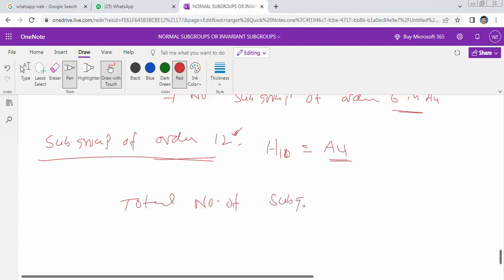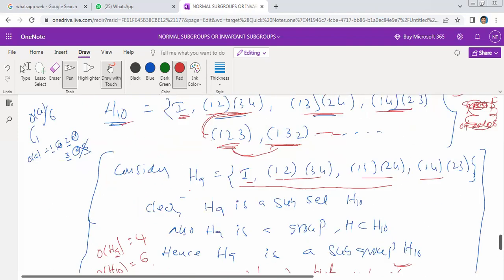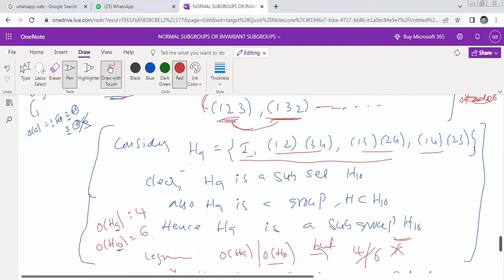subgroups of a group A4 ఎన్నైనాయండి, total ఎన్నైతుందో చెప్పండి. H10 total is 10. Total number of subgroups of a group A4 is, A4 కు ఉన్నటువంటి మొత్తం subgroups ఎన్ని ఉంటాయంటే 10 subgroups ఉంటాయి. నెక్స్ట్ క్లాస్ లో అవుట్ ఆఫ్ దీస్ subgroups how many normal subgroups, మొత్తం ఈ 10 subgroups లో one more condition I'm asking,